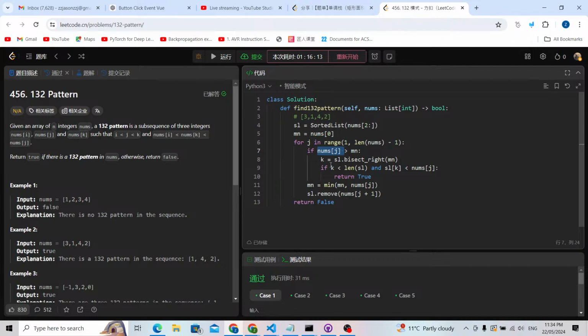And the second one is we want to find an index k. That is by using the bisect right. So if it is less than nums j, basically this sorted list of SLK would be bigger than the minimum number. This is because if there's some number inside, for example 2, we used the bisect right to check this minimum 2. If we can find a number maybe 3, maybe our